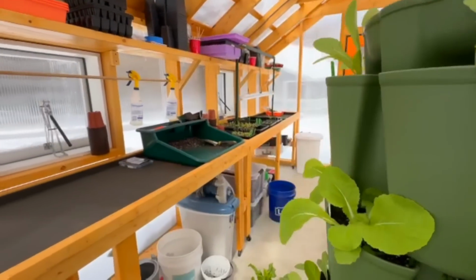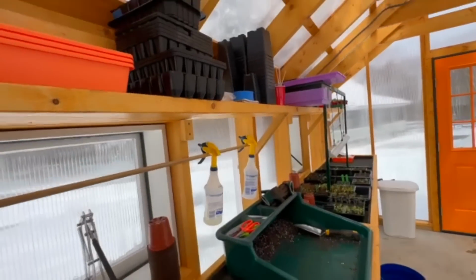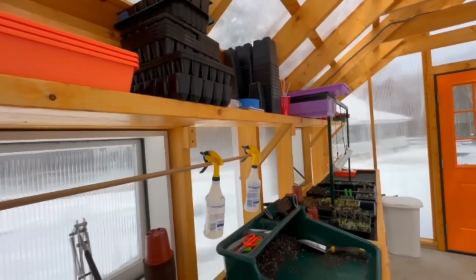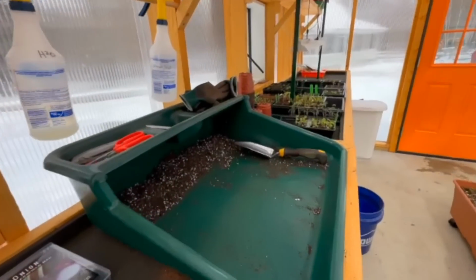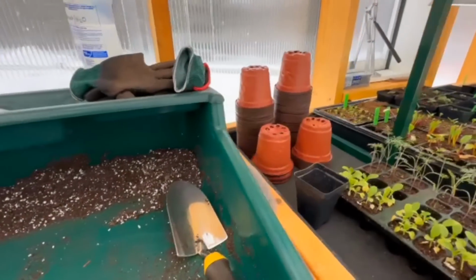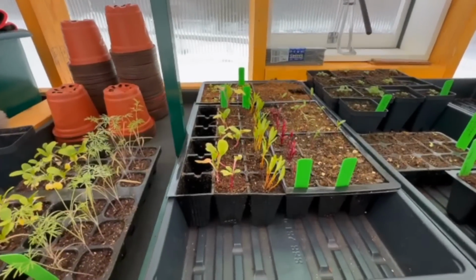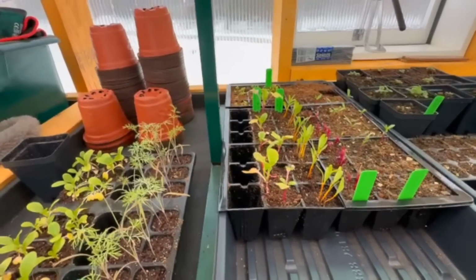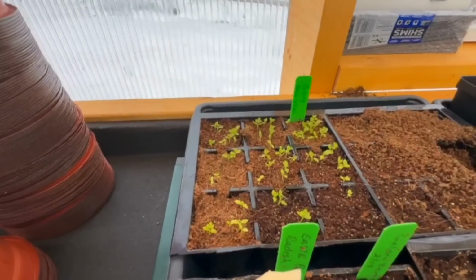We moved both of the benches over to this one side to be the workspace. We have one shelf up above that has all the supplies on it now, but this is where we do our potting up and seeding, etc. Have a lot of seedlings over here, beets, golden beets, red beets, some radishes, regular celery,